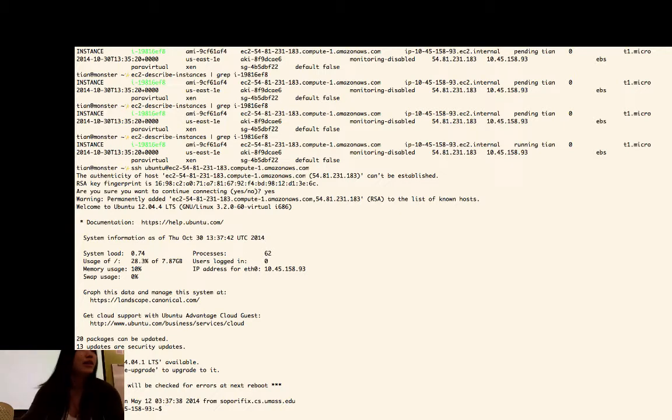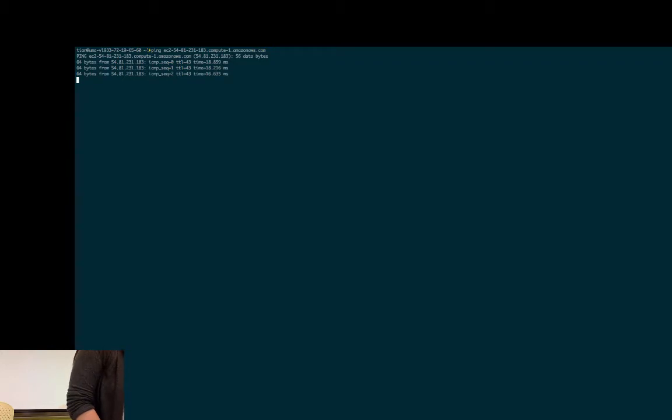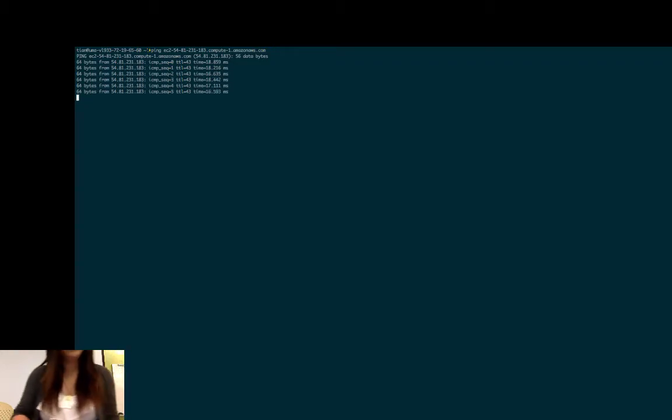All right, so now we get inside one of the machines that is running in Amazon. This station is in Virginia, so this machine is in Virginia. So what we can do is we can say, all right, so this is my local machine. This is the Amazon machine, and you can see the ping time is around 16 milliseconds, I guess. So it's very close. All right, so this is the machine that's running in Virginia. It's not local, all right?